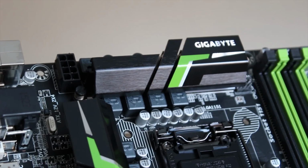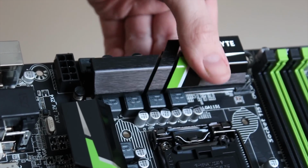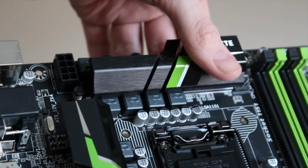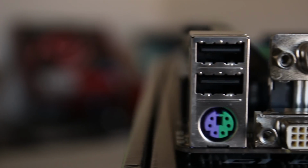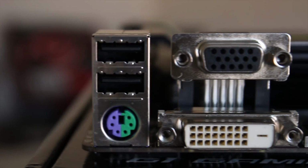Now, the heatsinks themselves do actually look quite good, although they are push-pin ones, which means they move around quite easily, and not my personal favourite, but you do get an 8-pin power connector if you want to try and overclock on this board. You also get two USB 3.0 front panel connectors as well,